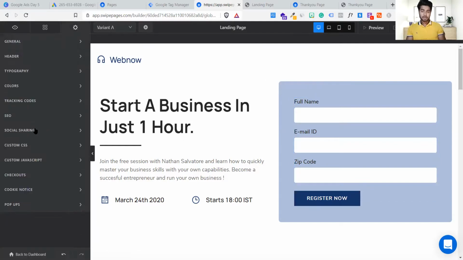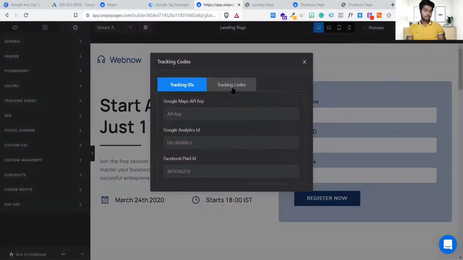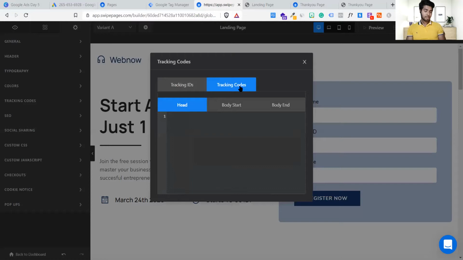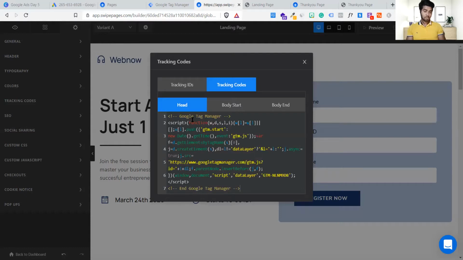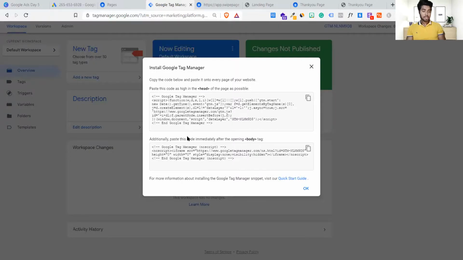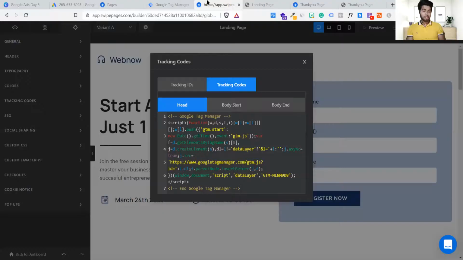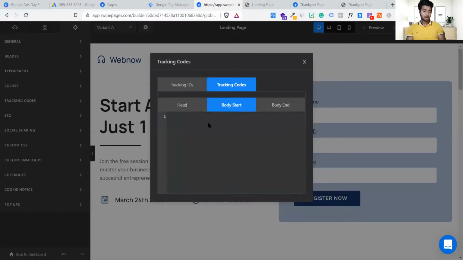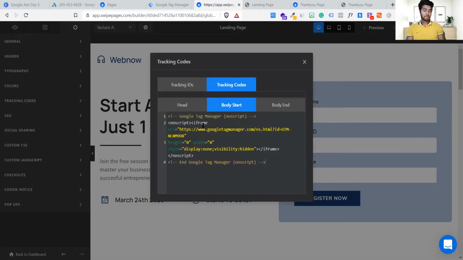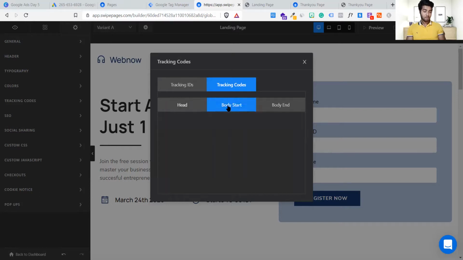As of now this is a landing page builder, so I have to go here to settings. Under settings, tracking codes. Here is the option. Under the tracking codes, you have to click here, and now it says head, body, and body end. I have to add it in the header section, so just paste this. Okay, header portion is done. Let's come back here. It's saying additional page code immediately after opening the body tag. You have to add it at the first opening of the body tag. Copy this, come back to your page. Here is the body start. The moment the body of the landing page starts, you have to add this code and paste it like this. Sorted, head done, body start done.